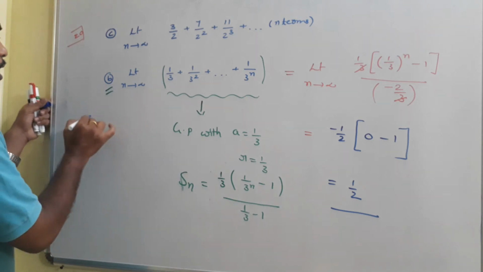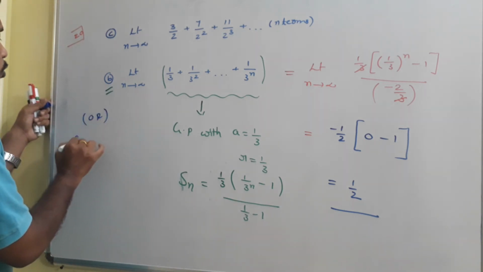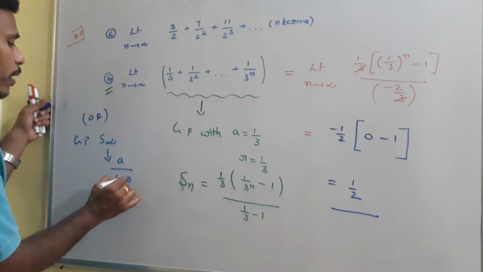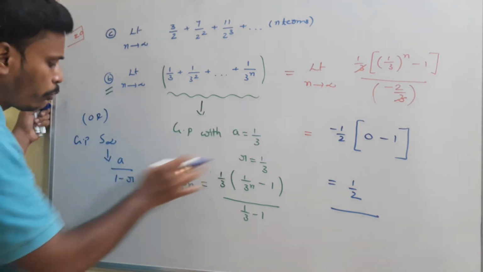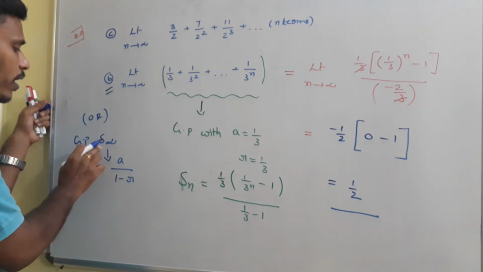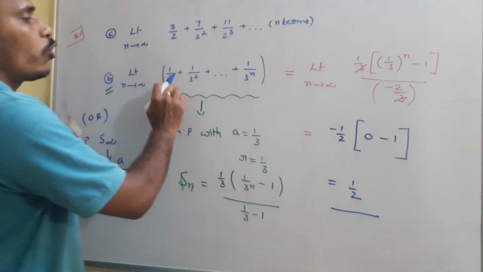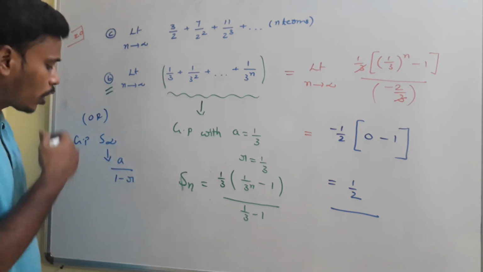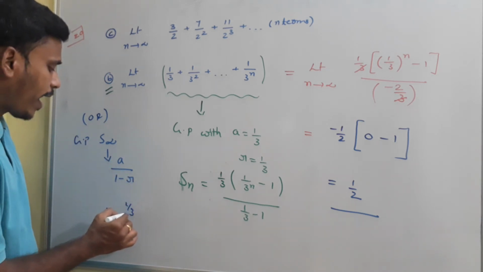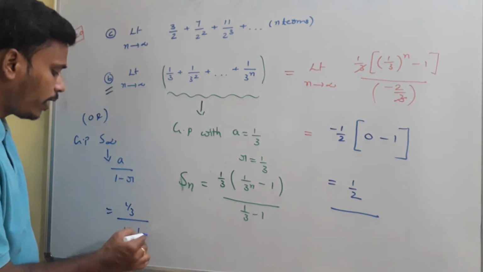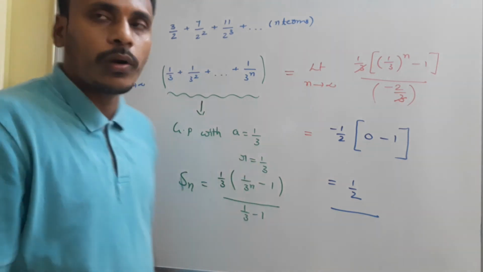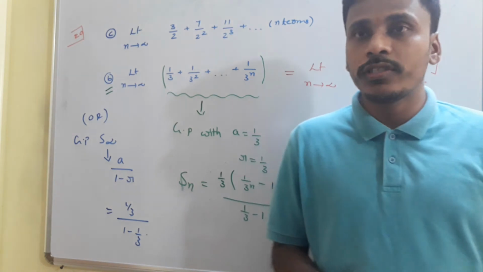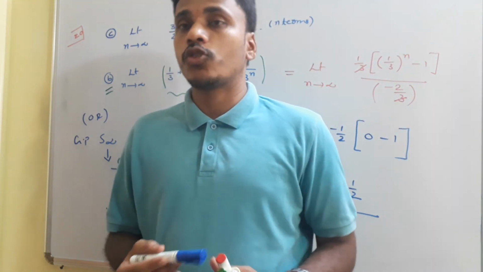So we have another way, okay? Or I will say, suppose if any one of you know about sum of infinite terms of geometric progression, there we have a direct rule that a divided by 1 minus r. See, this is just simply the proof for that a by 1 minus r. If you use it for infinite terms, since as they are saying n is tending to infinity and the summation is having n terms, which in turn represents the sum of infinite terms of GP. So you just use this particular formula with a as 1 by 3 divided by 1 minus 1 by 3. At the end you will get the same answer as 1 by 2. So you have two choices. Either directly you may use S infinity of GP, or you may use Sn of GP and then apply n tends to infinity. Okay.